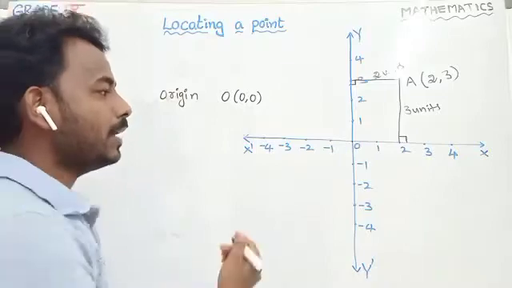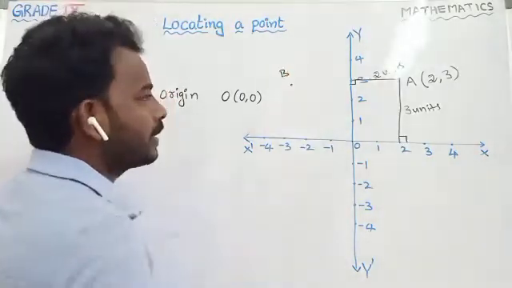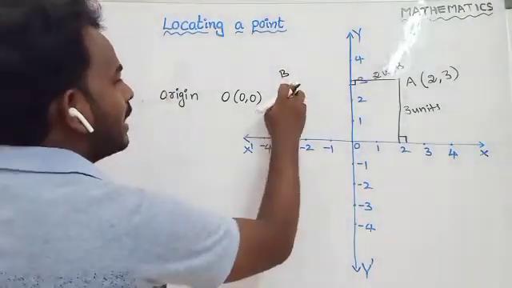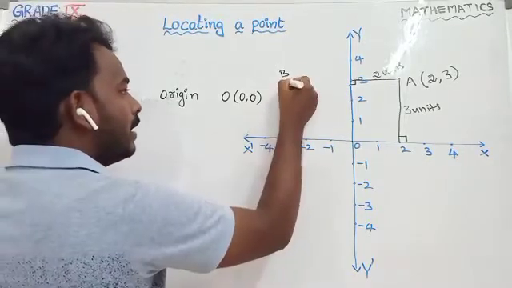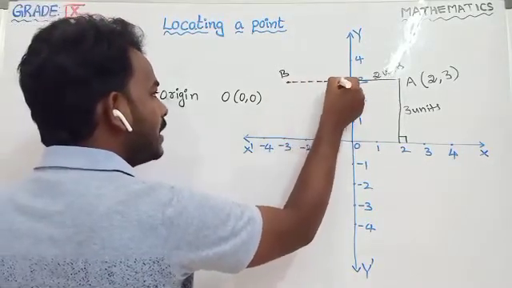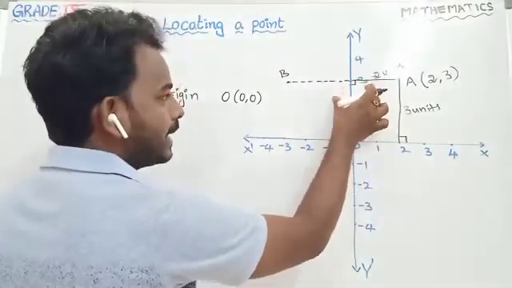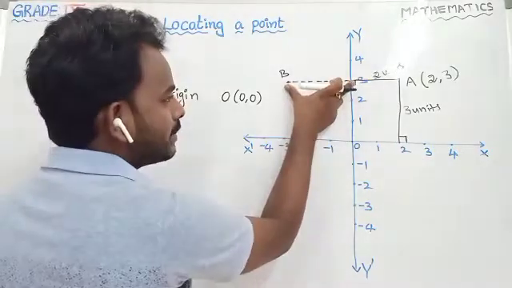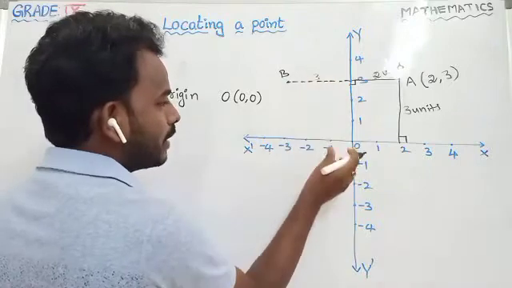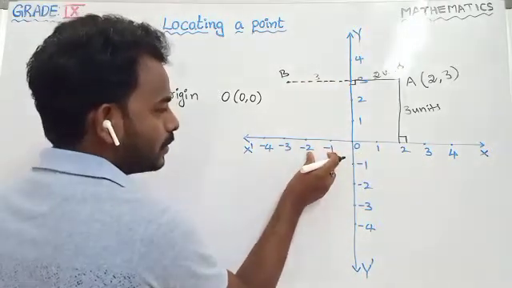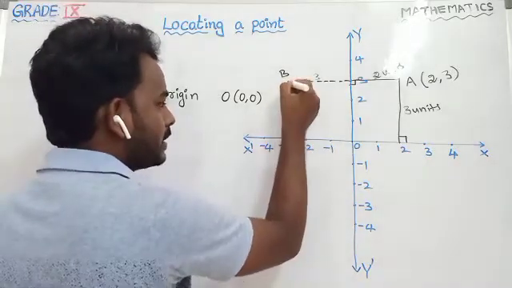So for example, if you have one more point like B here, let us see what is the position of this one. How much perpendicular distance does this point have from the y-axis? If you check the perpendicular distance of this point from the y-axis, how much is it? 3 units. From 0 to minus 1, minus 1 to minus 2, minus 2 to minus 3, it has 3 units. Okay, we just say it in positive only.